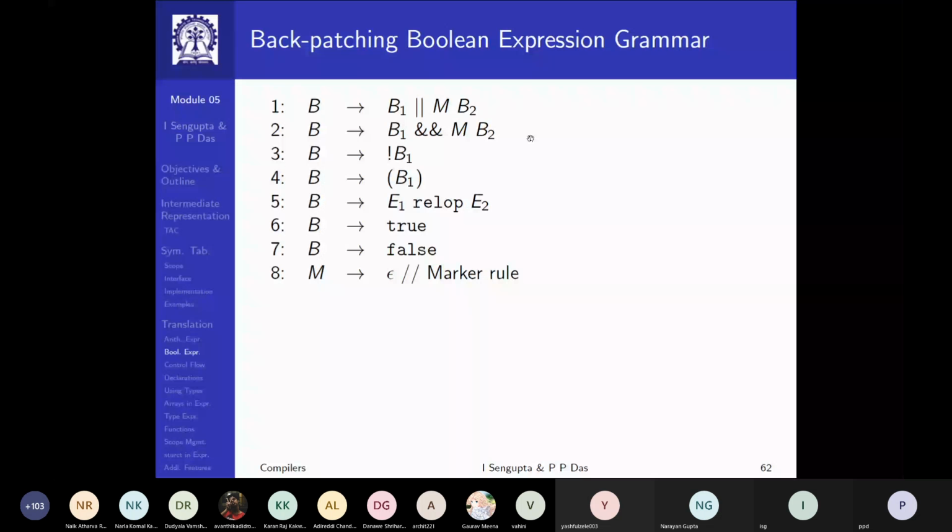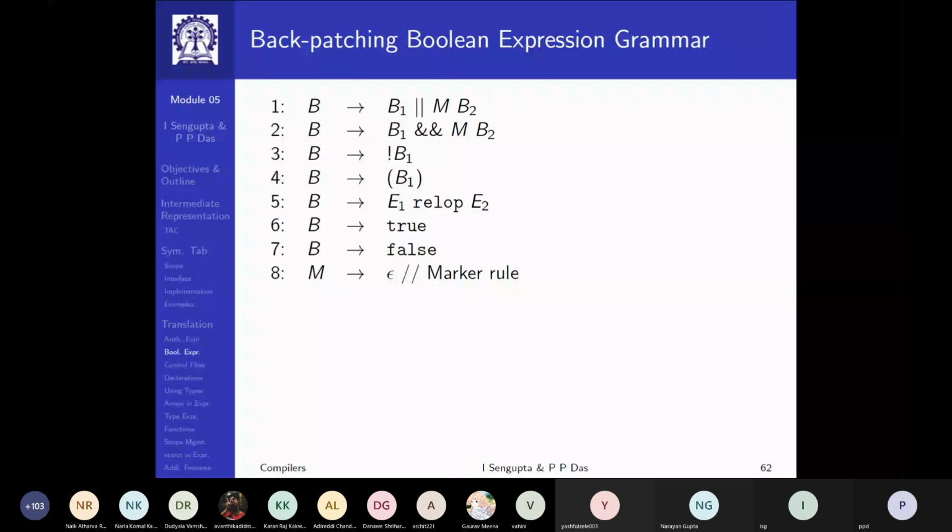So what should you do if B1 is false? Evaluate B2, which means any false exit from B1 must go to the beginning of B2. But how do you know what is the beginning of B2? Nobody is sitting there to mark you that this is the beginning of B2.